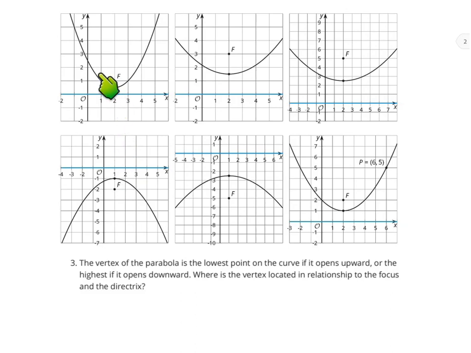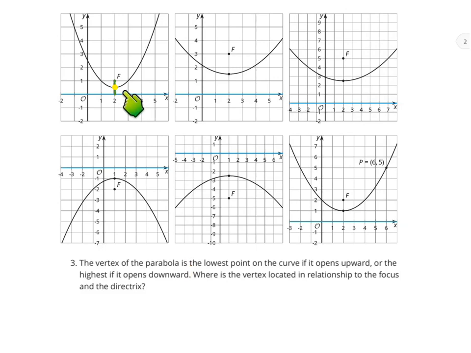So when the parabola is going up, the vertex is the lowest point. When the parabola is going down, the vertex is the highest point. And it says, where is the vertex located in relationship to the focus and the directrix? So we're looking at this point. Now, we kind of talked about that in the very beginning of talking about these 6 problems, but you'll notice that right here,